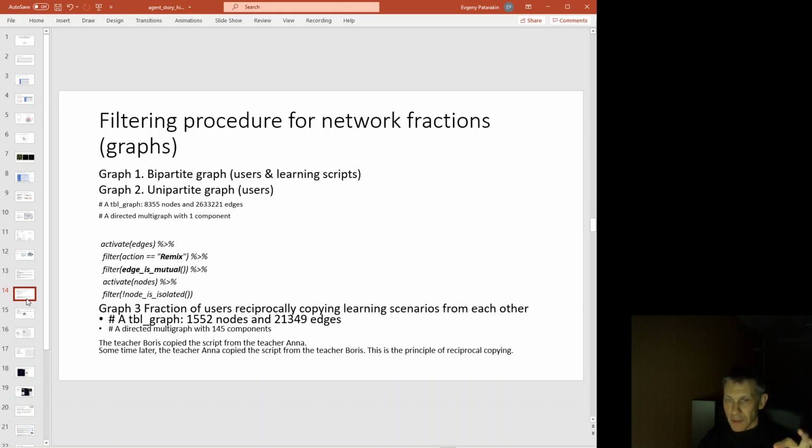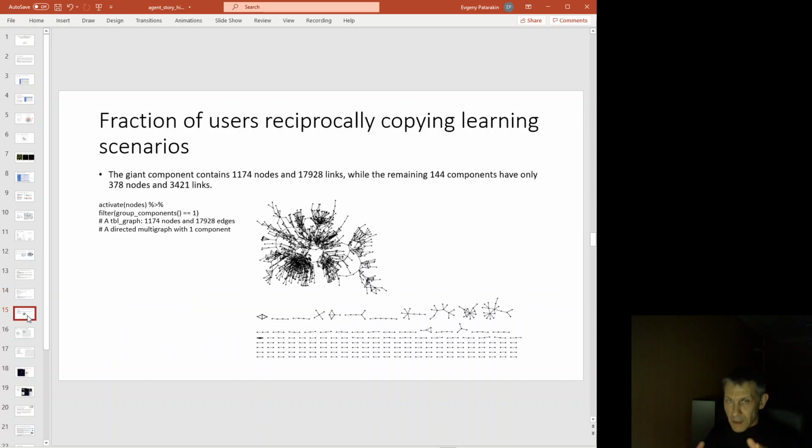So if teacher Boris copies a scenario, it is like an invitation to work together, and sometime later teacher Anna can copy the script from teacher Boris. That is the principle of reciprocal copying. So we have the next fraction of users reciprocally copying learning scenarios, and we can see on the diagrams